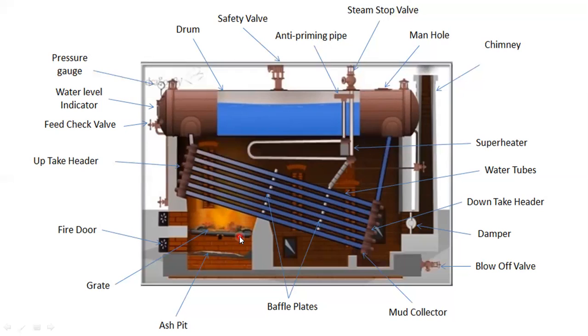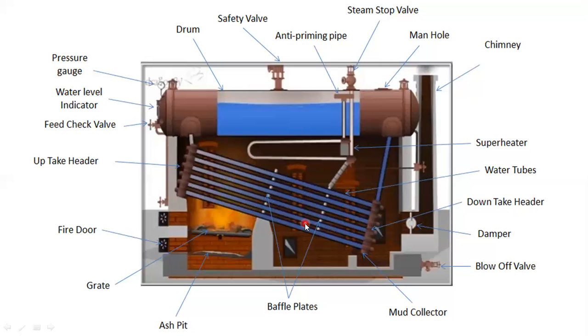Now we will see the working of this boiler. Through this fire door, we introduce the solid fuel over the grate. With the help of this damper, we regulate the flow of air to the furnace. As combustion of the fuel starts, the flue gases or hot gases are generated, and they are deflected towards these water tubes, which are placed at an inclination of about 15 degrees. The hot gases get deflected with the help of these baffles, and we increase the residence time due to these baffles over the water tubes.